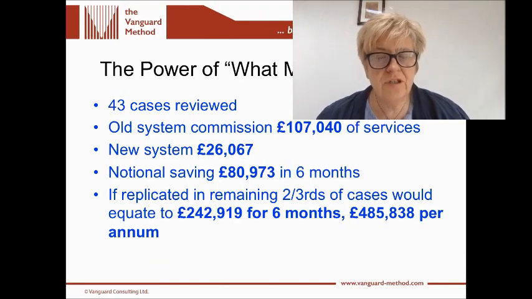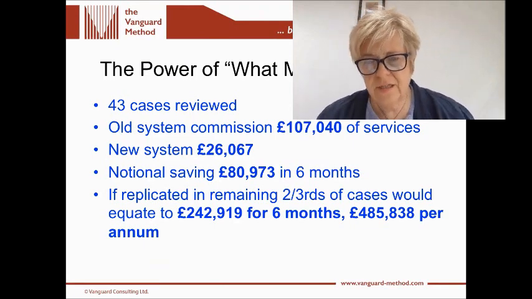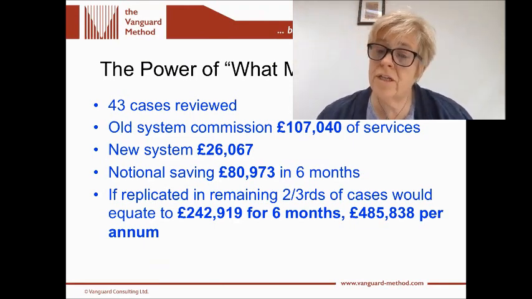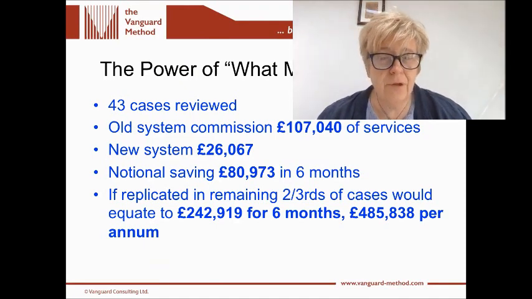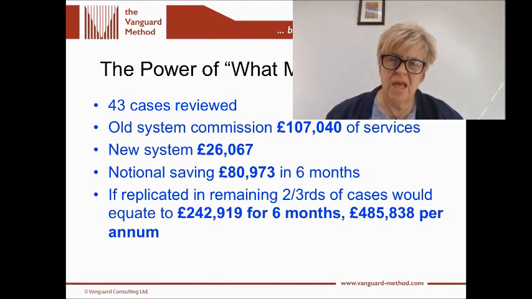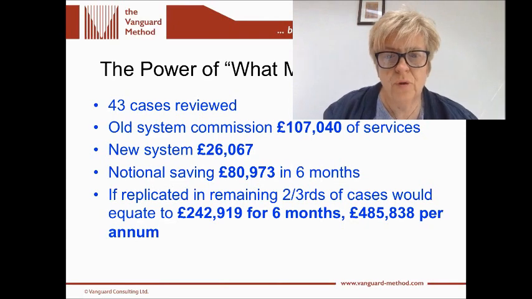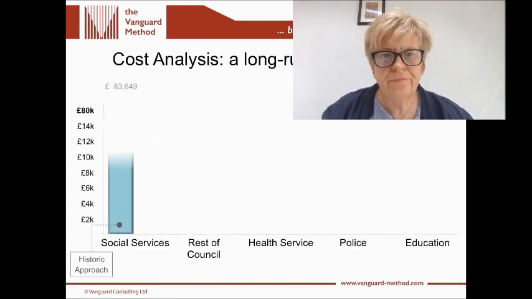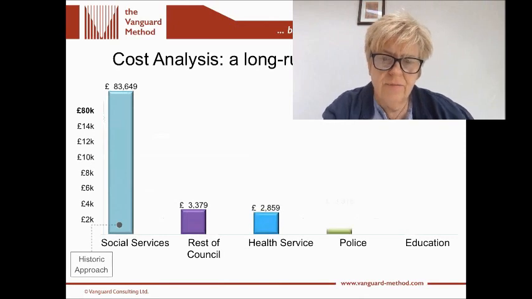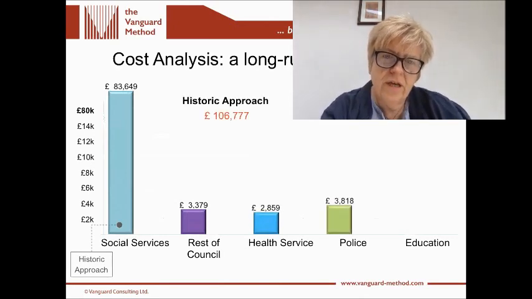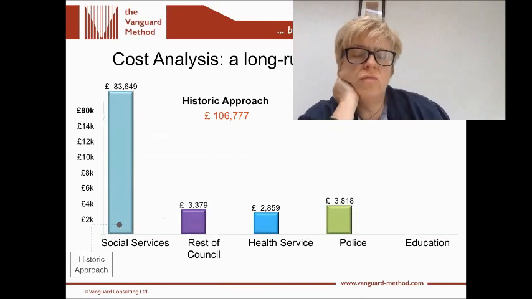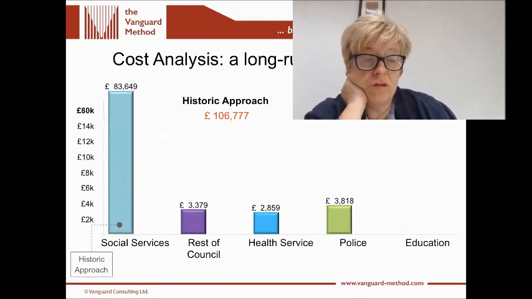And of course, they were then able to extrapolate that. So if it were done across all of the cases in a 6-month period, it would equate to 485,883 per annum. So again, the important focus of all of this work is on the citizen. It's not on the money, nor should it be. And this really comes as a consequence of focusing on the citizen, and that is an important point really in this work. And again, this is a cross services study that we did in one of the larger Mets, or across a number of Mets actually.